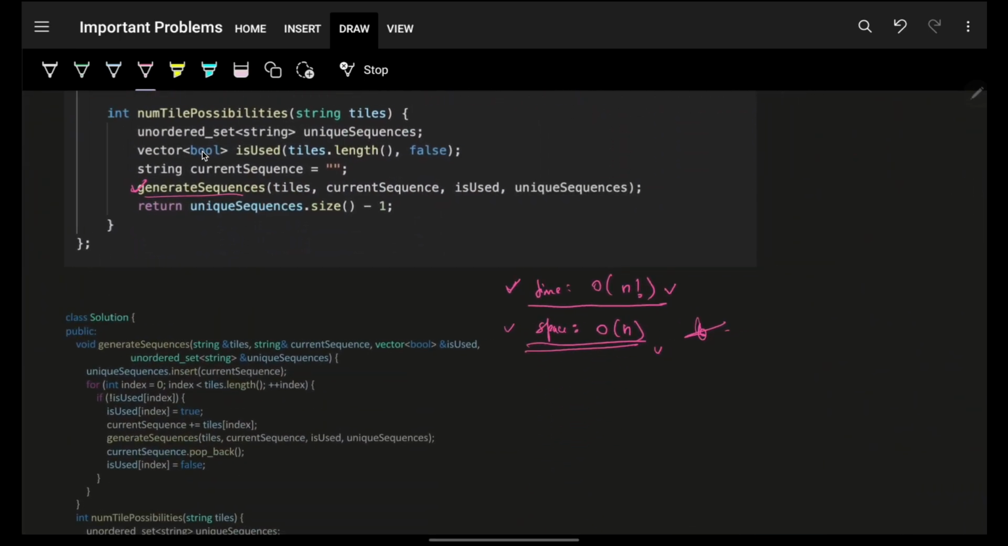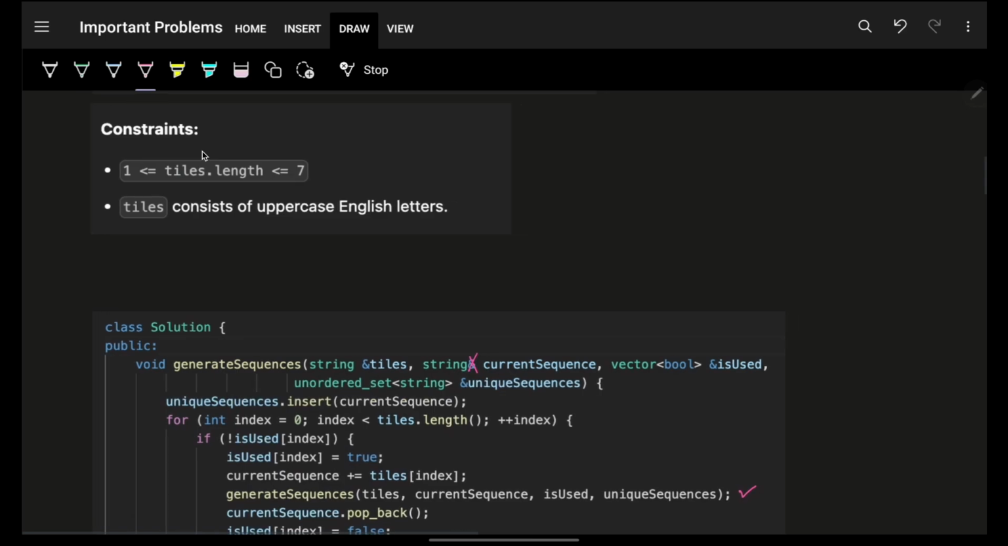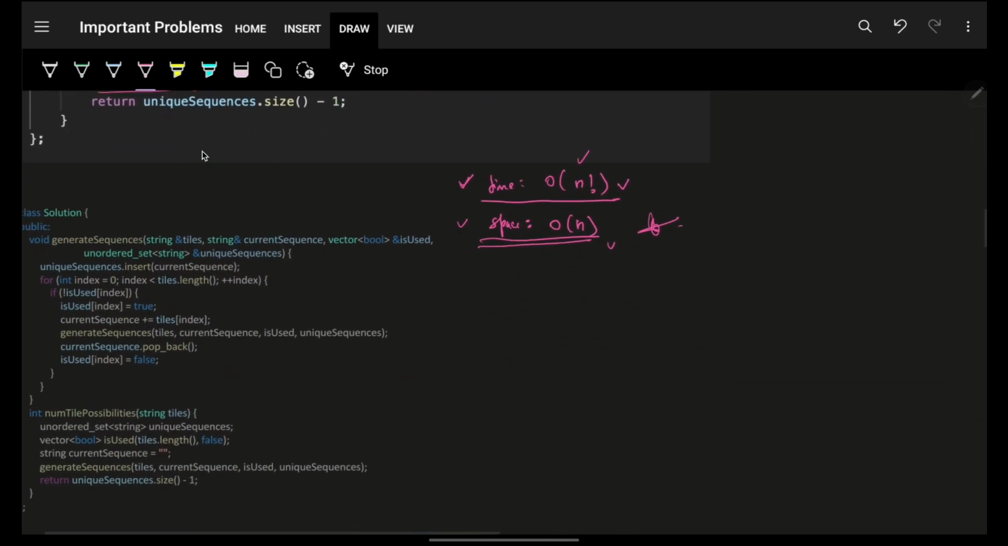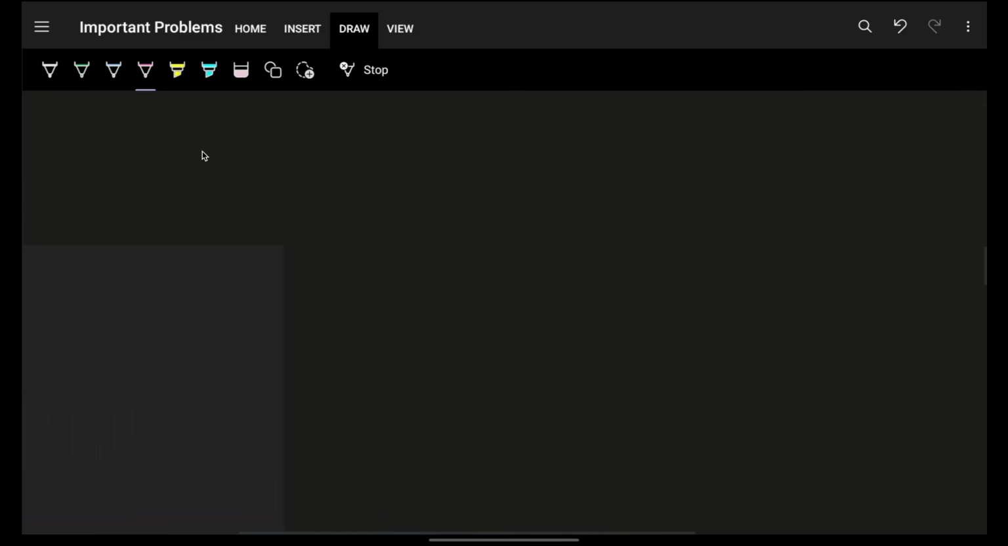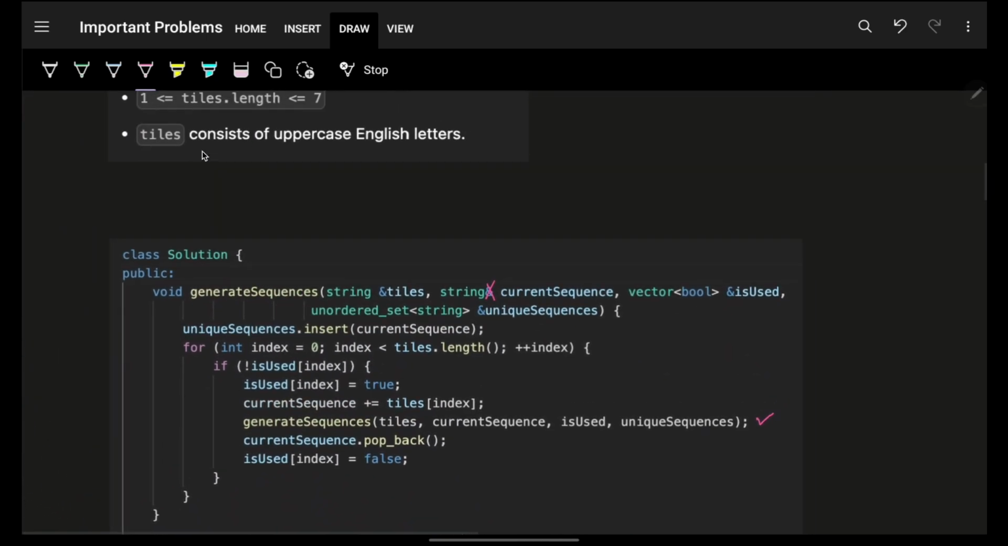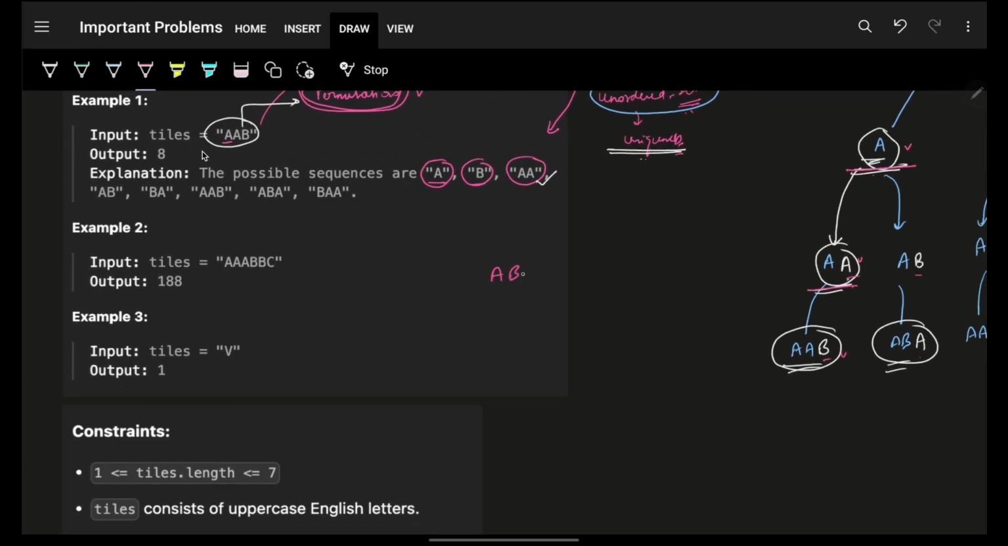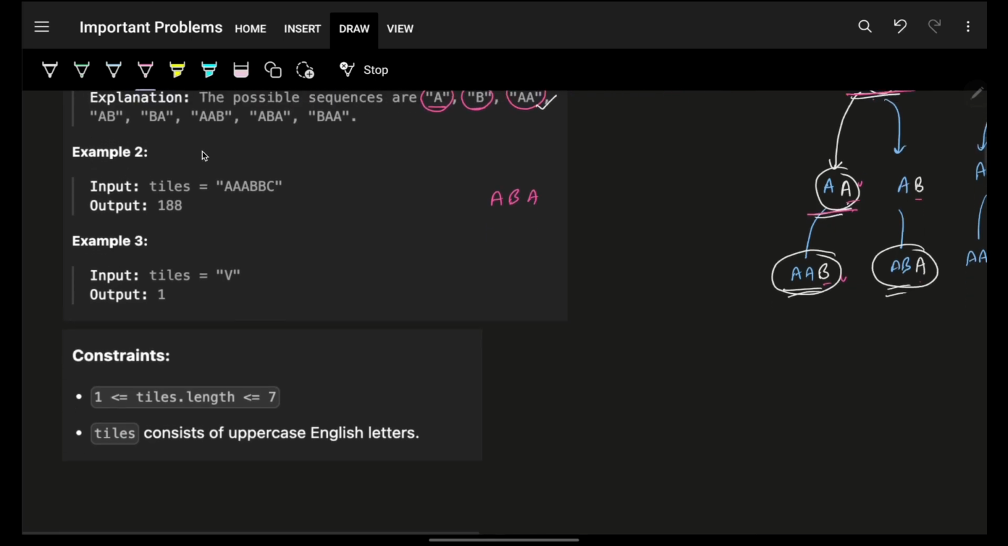Now, can you optimize this? Although O of n factorial for n of 7 is around 5000, that will completely work. But can we optimize it? Yes, we can. Because if we look at this problem again, you will realize that it was the same as generating sequences, but with a catch that now the permutations were also there. If I give you any specific sequence, let's say ABA,